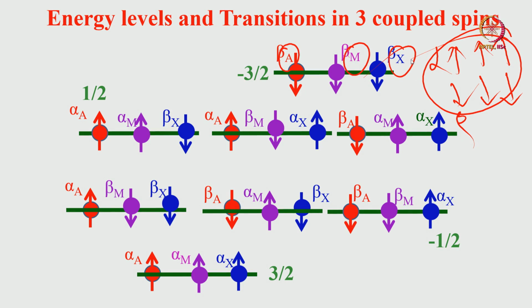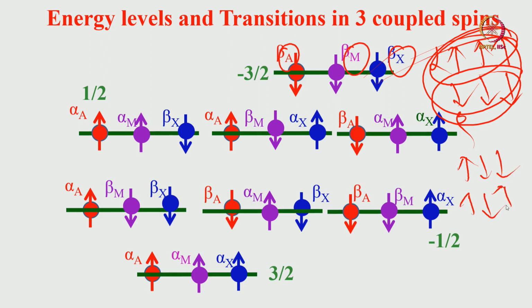One possibility, all the 3 can be up. Another possibility, all the 3 can be down, that is also possible. Now, we can think of other combinations, 1 up, 2 down. So, think of varieties of combinations: 2 up, 1 down. For example, these 2 can be up and this can be down; this and this can be up and this can be down; this can be down and these 2 can be up. So, there are 3 combinations. Similarly, when 2 are down and 1 up, again 3 combinations. So, totally if you have 3 coupled spins, there are 8 possible energy